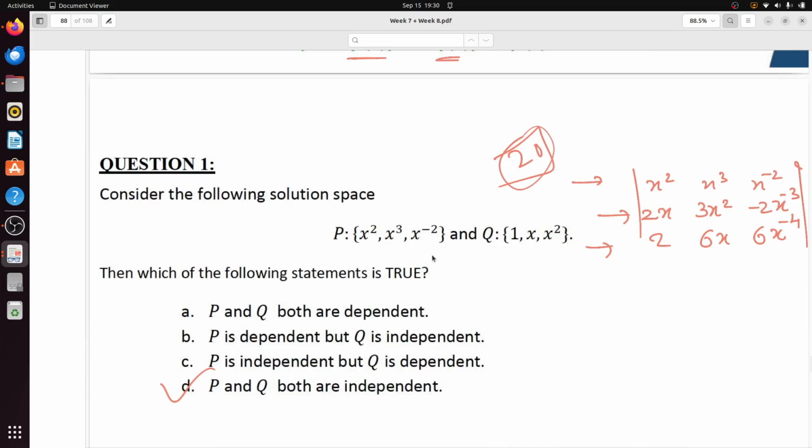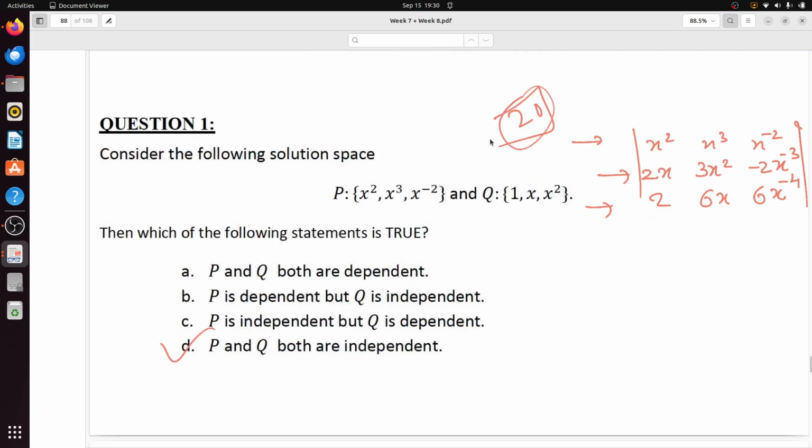So now it is time to solve some questions based upon what I have discussed today. Just read the first question. Is my screen visible right now, ma'am? The question is visible? Yes, this is assignment number 6. It is in assignment number 6, this problem.